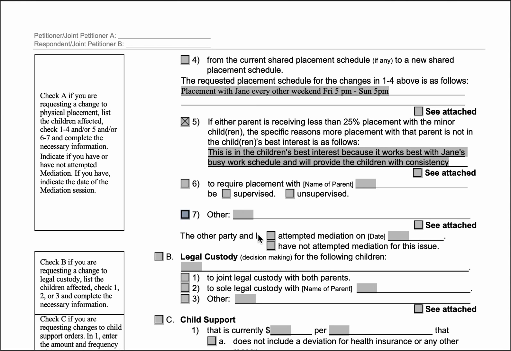So you would have been working together with the help of this attorney, so not a guardian ad litem. If you have, you'll put that you have, and then you'll put the date that you attempted that. We'll say 2000. If you have not done mediation, then you're just going to check the box here saying we've never attempted mediation on the placement issue.